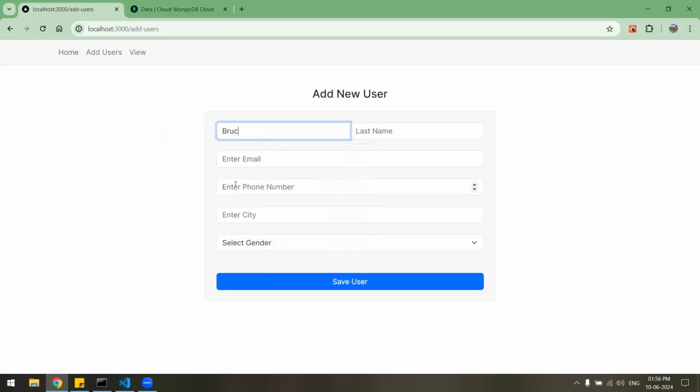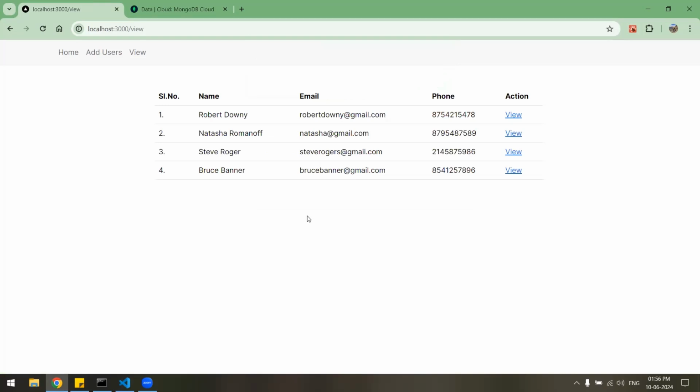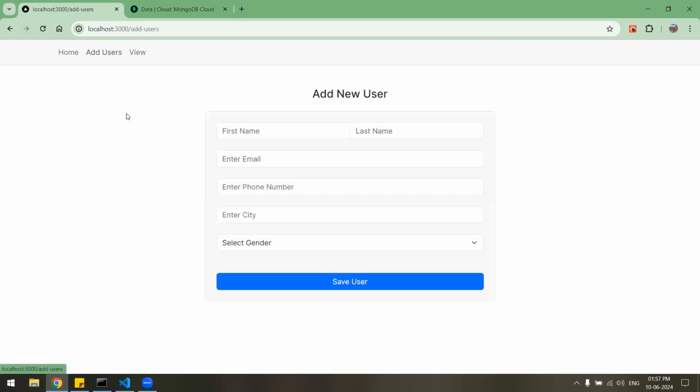So Bruce Banner, Bruce Banner at gmail.com, phone number, city, let's say Manhattan or Seattle, select gender male, and then we'll save this user. So we have got Bruce Banner over here. Let's try to add one more, add users, and